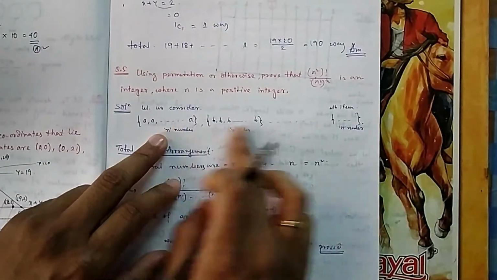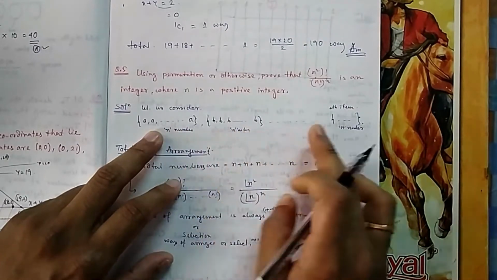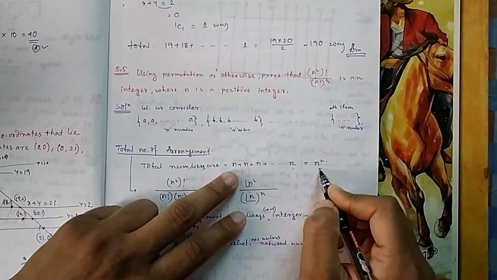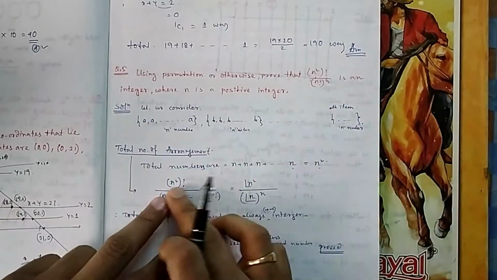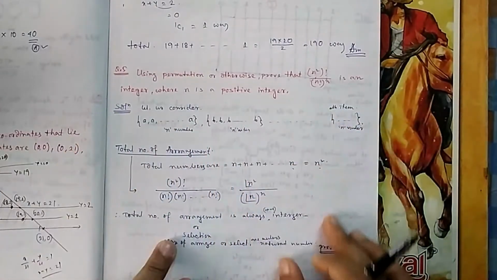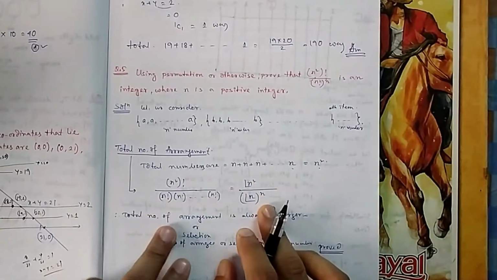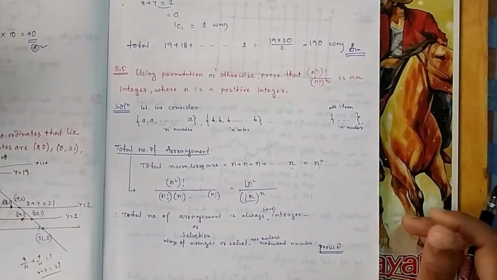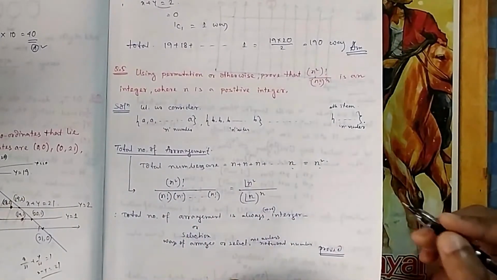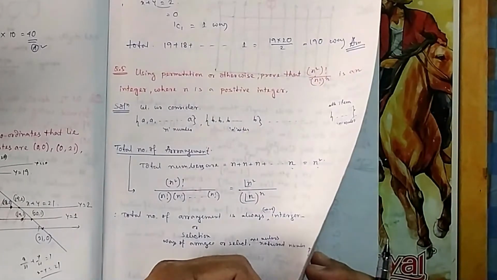Similarly, if there are n numbers, total numbers will be n from here, and each one goes up to n times. So summation will be n square. So total factorial will be n square factorial, and because these are repeating, you divide by the repeating ones. You are doing the permutations of all these numbers. So you know permutation is always an integer. Permutation cannot be a fraction because it is giving an arrangement, and arrangement is always in integers.